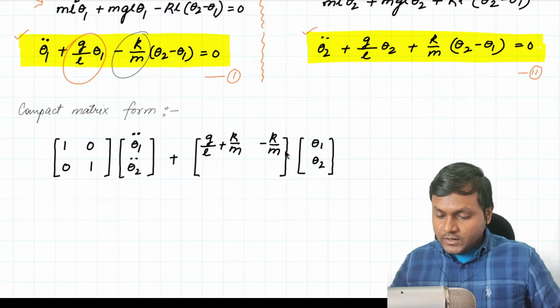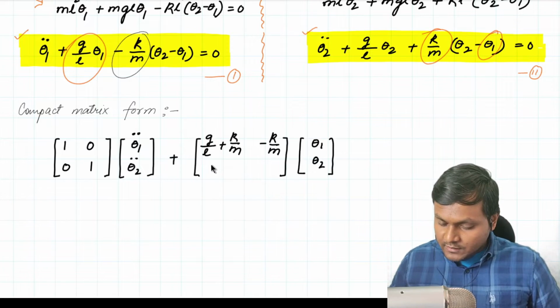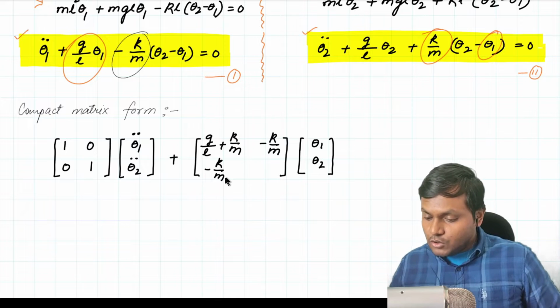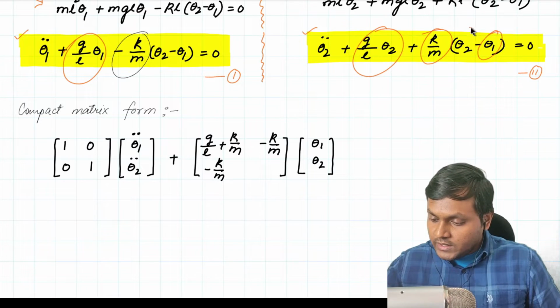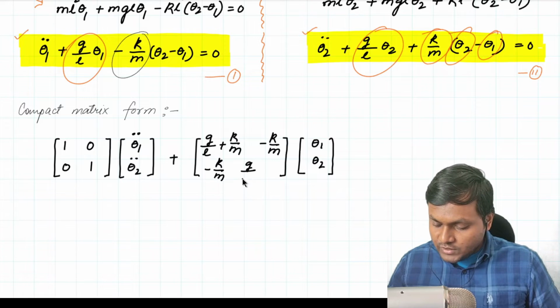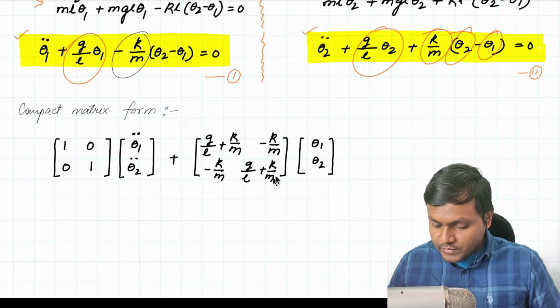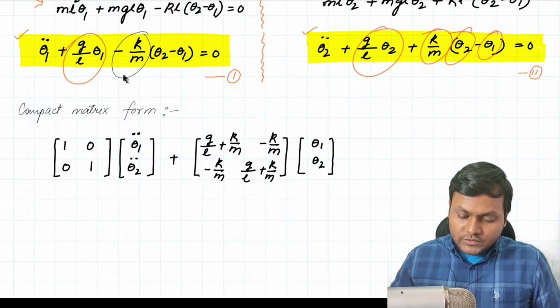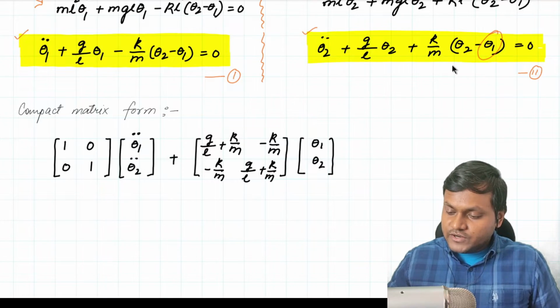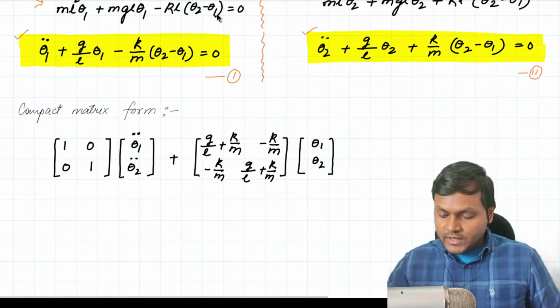Right. Similarly, what is the coefficient of theta1 in the second equation? That is minus k upon m, right? And what is the coefficient of theta2 in the second equation? That is simply g upon L plus k upon m. Do you see that? Both these two second order differential equations therefore can be written in compact matrix form